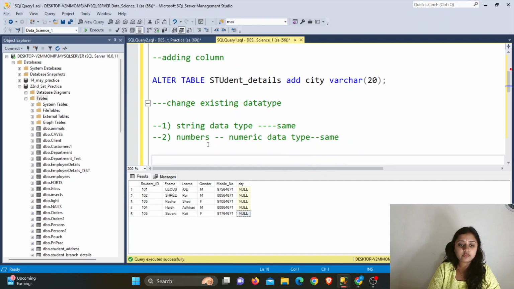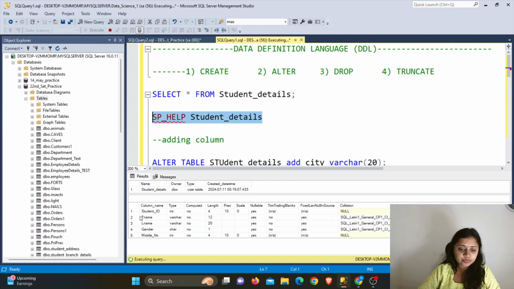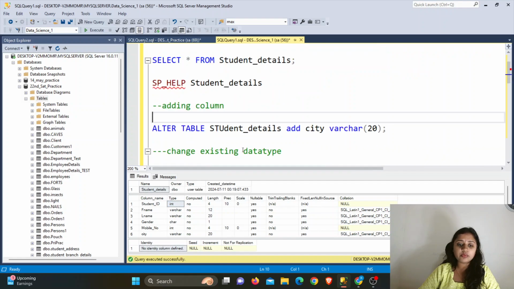What I am trying to say, just see. Student ID, which data type is it holding? You can see this here. See, student ID is holding the int data type. Int comes under the numeric data type.